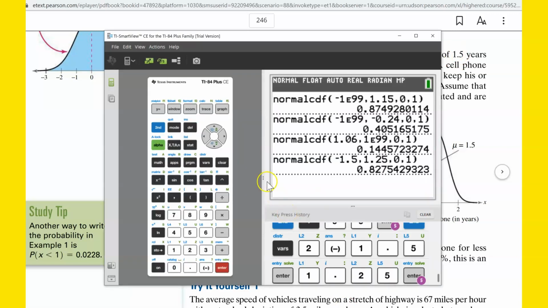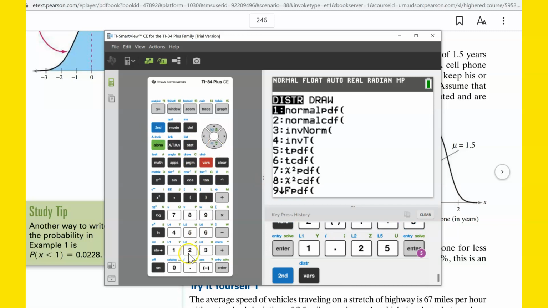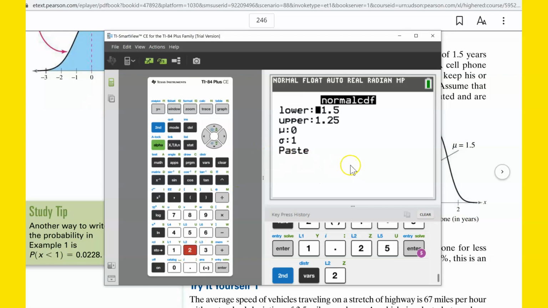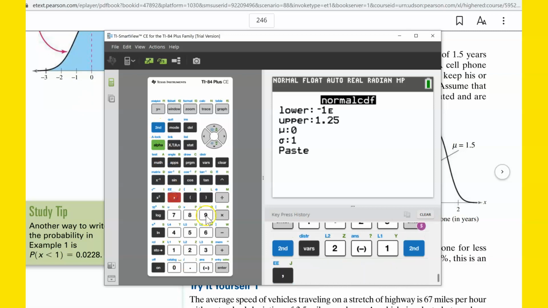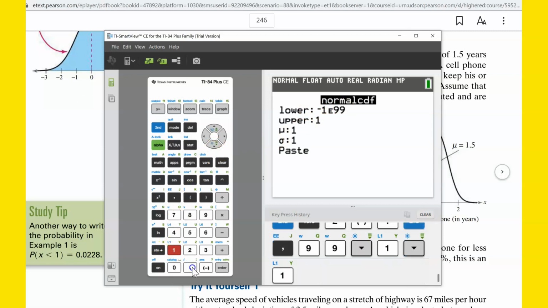So we go to our calculator. We can go to second distributions, normal CDF. We're talking about being less than a year. So the lower bound is going to be negative infinity, or negative 1, E99. The upper bound is going to be 1, because we're talking about being less than a year. So from negative infinity up to 1. The mean was 1.5, we could put that in for the mean, and the standard deviation was 0.25. So we put 0.25 for the sigma